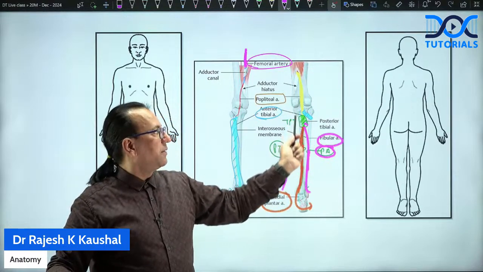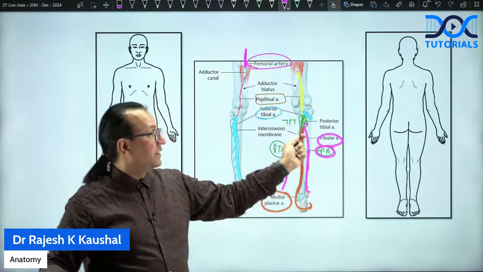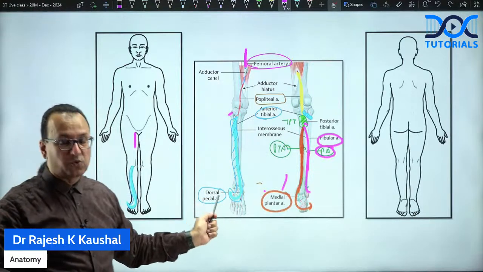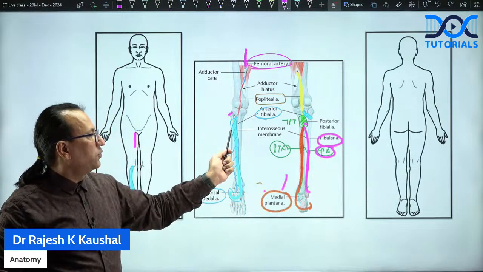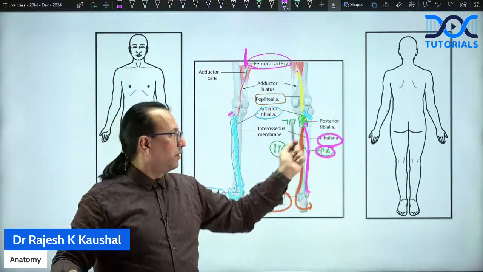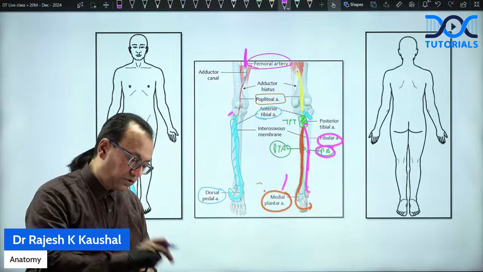Why not the block is in the popliteal artery? Because if the block was in the popliteal artery, then there will be problem with anterior tibial artery, and there is no such description because dorsalis pedis pulse is okay. If dorsalis pedis pulse is okay, that means anterior tibial artery is okay. That means popliteal artery is okay. Problem is beyond that. Problem is with tibioperoneal trunk,